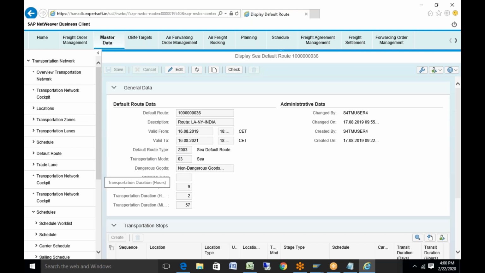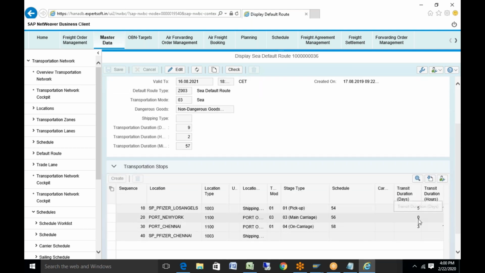That means you can specify the transit duration per stage, how much time it takes from one location to another. You don't have to give the values here. It will be calculated automatically from the item level. Here is the most important part, where you can specify the different locations. For example, when I'm moving my shipment from Los Angeles shipping point to my final customer, I want the freight unit to be split into multiple stages.